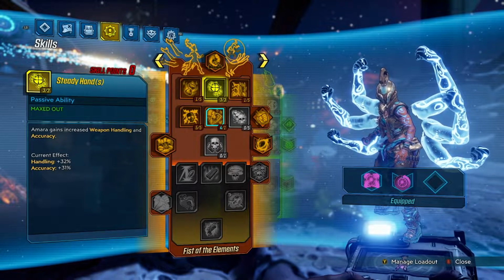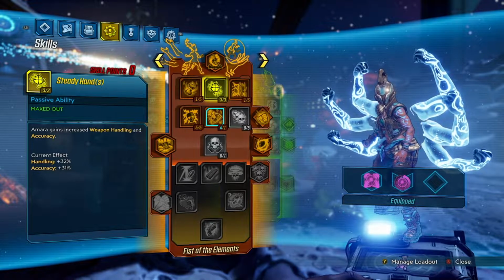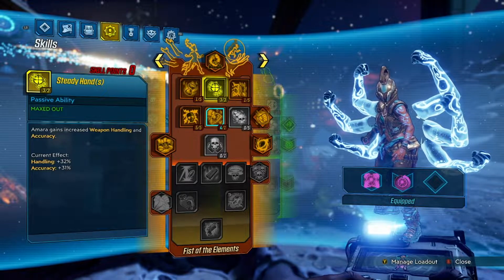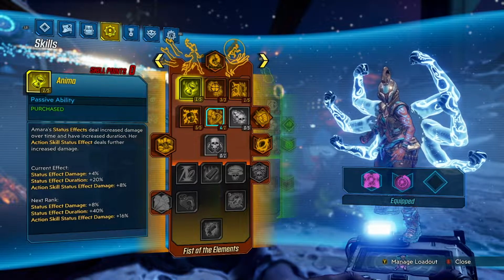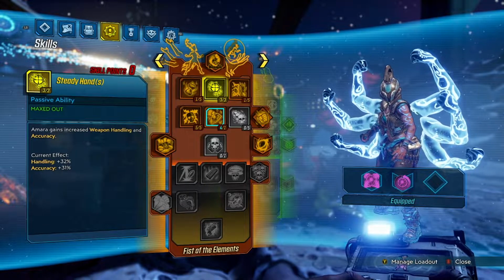Steady hands is going to be very important for this build for the weapon handling and accuracy. It's going to make your reticle far smaller, and we're going to be using that on one of our weapons so that we can have all of our shots hit. Infusion and anima is just to move down the tree. You don't really need it on this build, but we can't put any more points into steady hands, so we